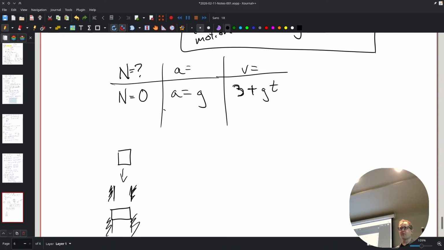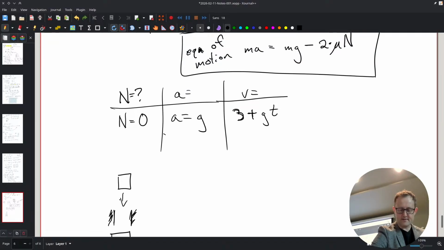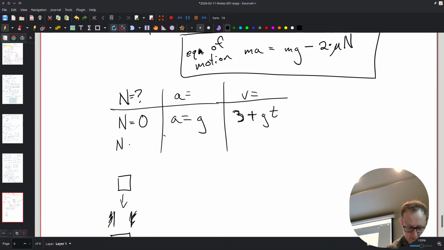It doesn't move through it, it just sticks to the thing and there's no motion. Would that need a big normal force or a small normal force? If it's infinite, let's try that. What would that one look like? So if N is infinity,